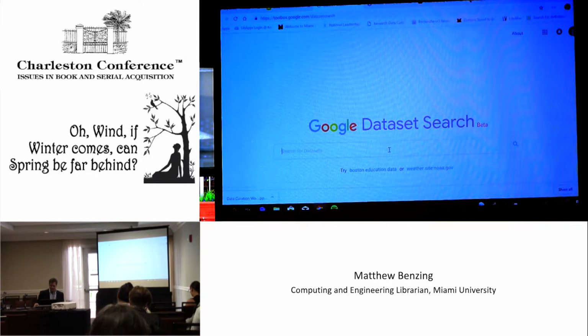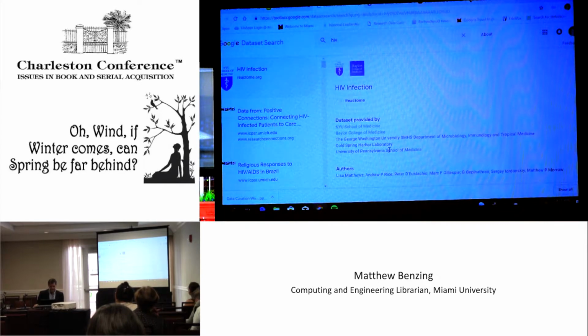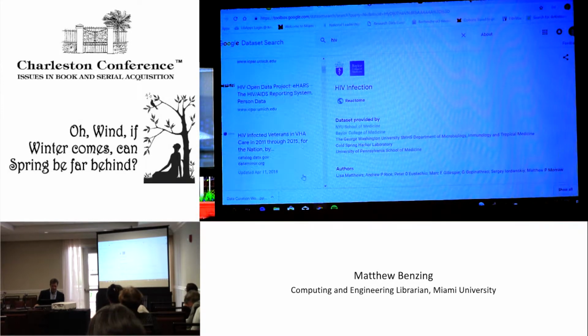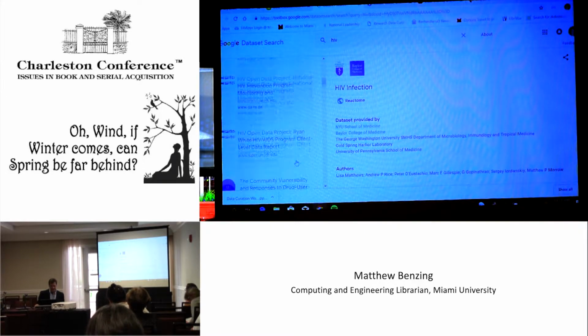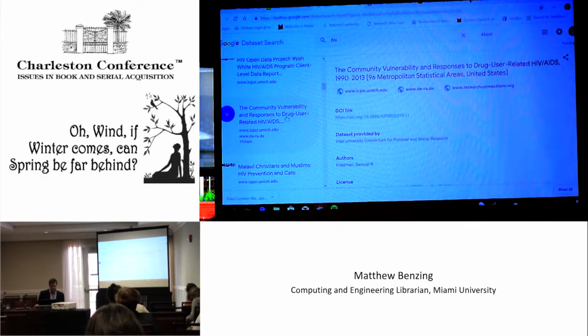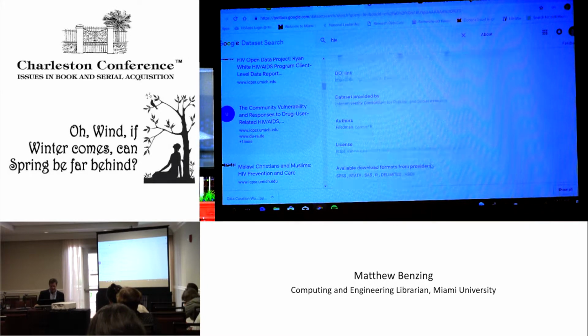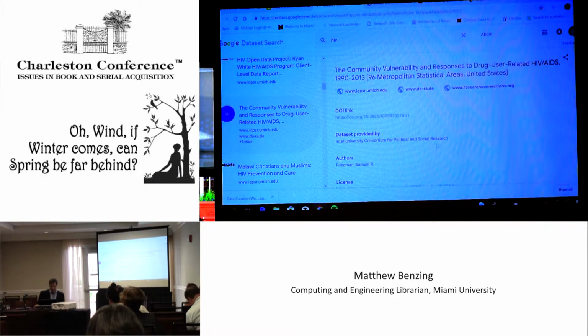But if you want to look at anything, any kind of data set, HIV, and they'll link you to data sets from a number of different sources, a number of different sites. And we're going to look at some data sets in the wild shortly. But this is a way to find all sorts of data sets from all sorts of different places. They give you the DOI. They give you the license, which is important, which we'll mention in a moment. And you can go right to the data set wherever it's being housed, as is the case with any other Google.